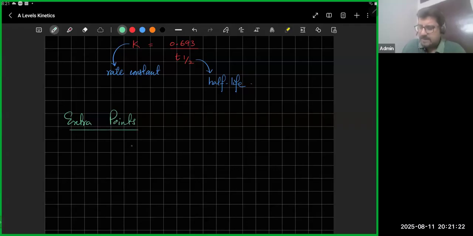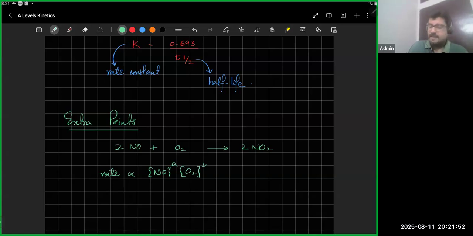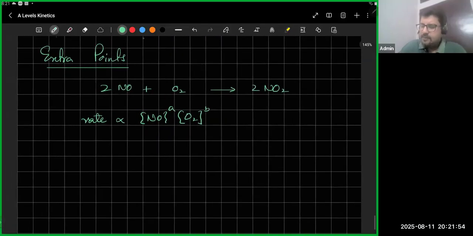So suppose we have a reaction and we want to figure out... ये वाला कर लेते हैं. So suppose if I have a reaction, is this balanced? If I have this reaction and I am investigating it and I know that rate is proportional to NO's concentration power A and proportional to O2's concentration power B. I don't know what the order is and I'm trying to find this out, right? So when I do experiments,